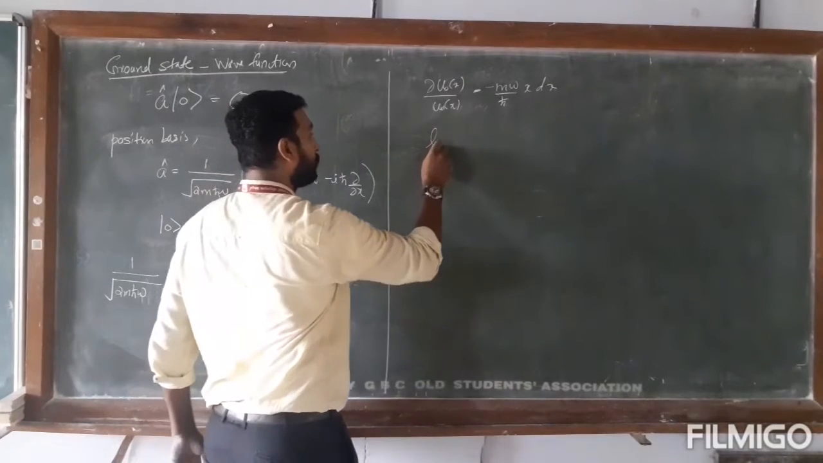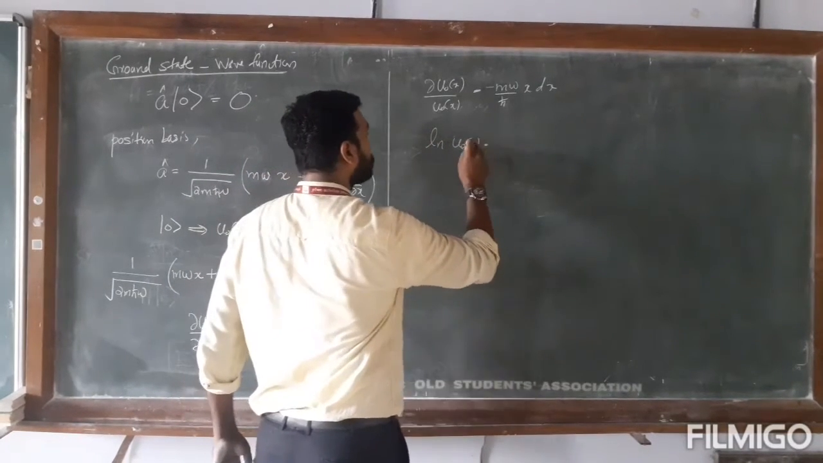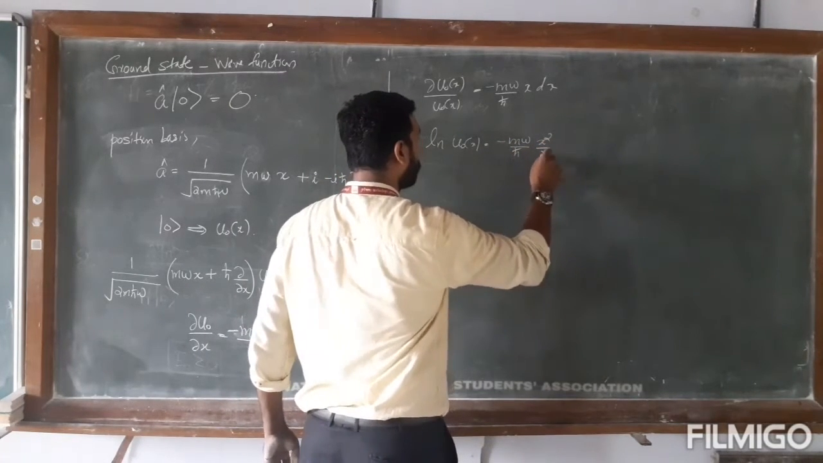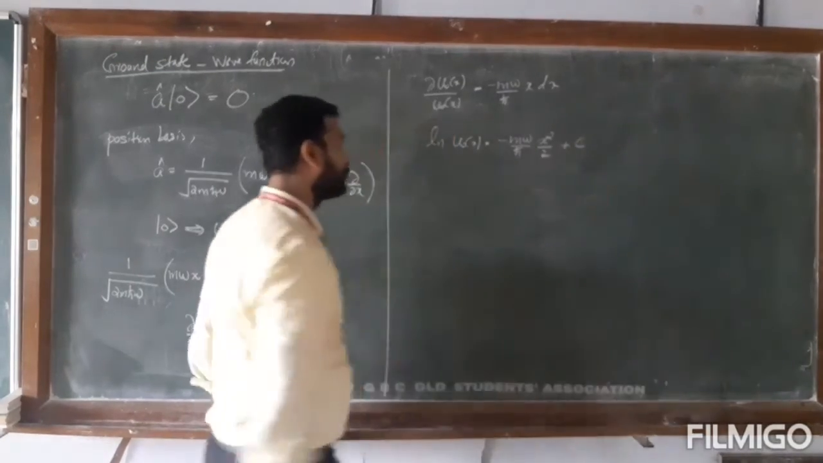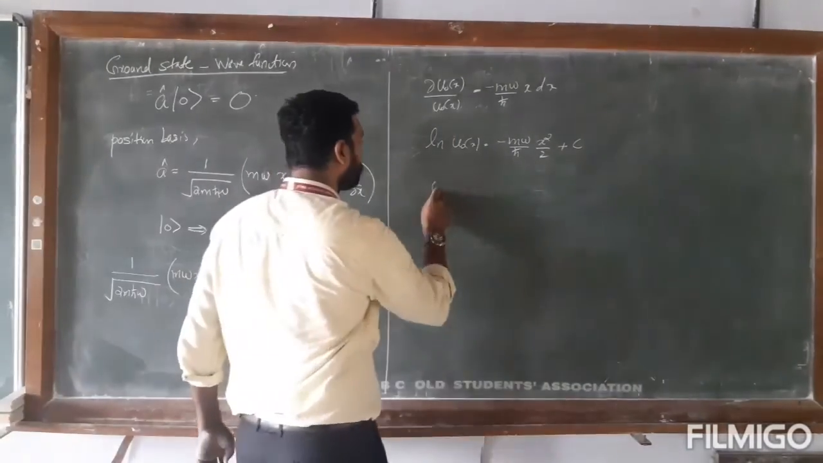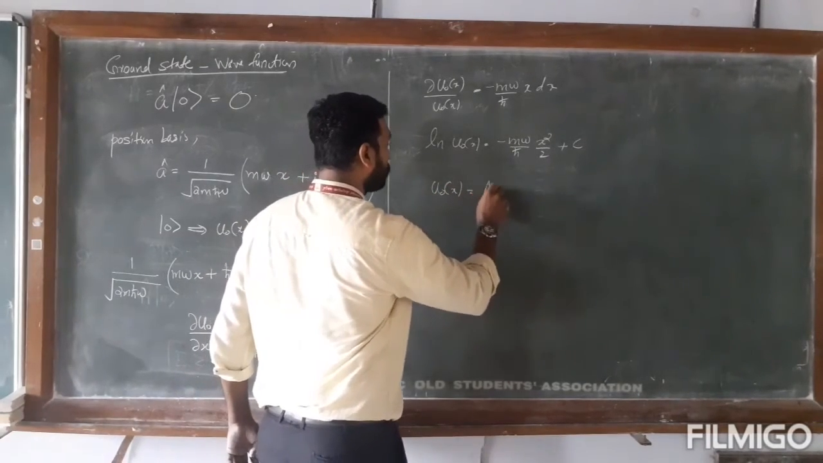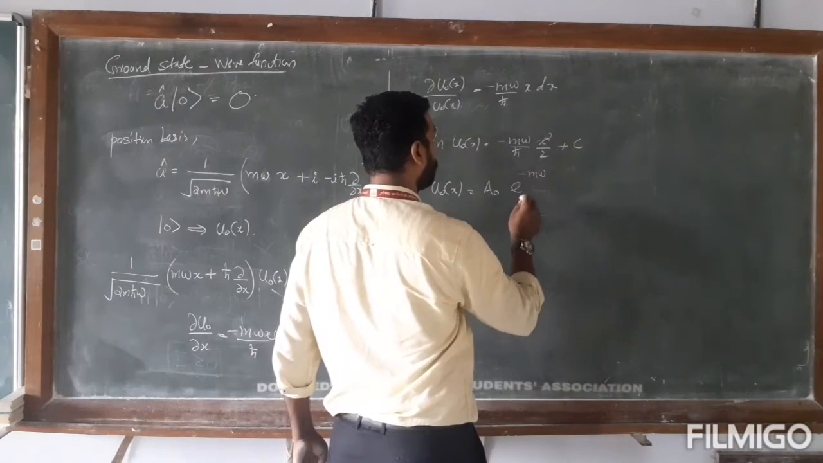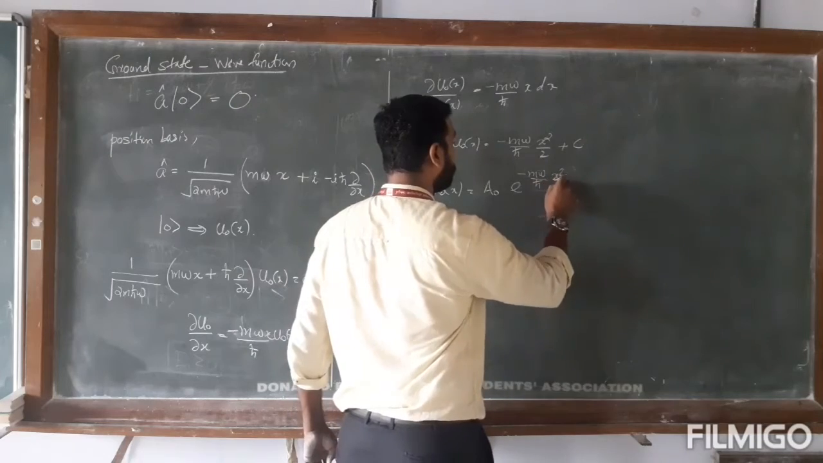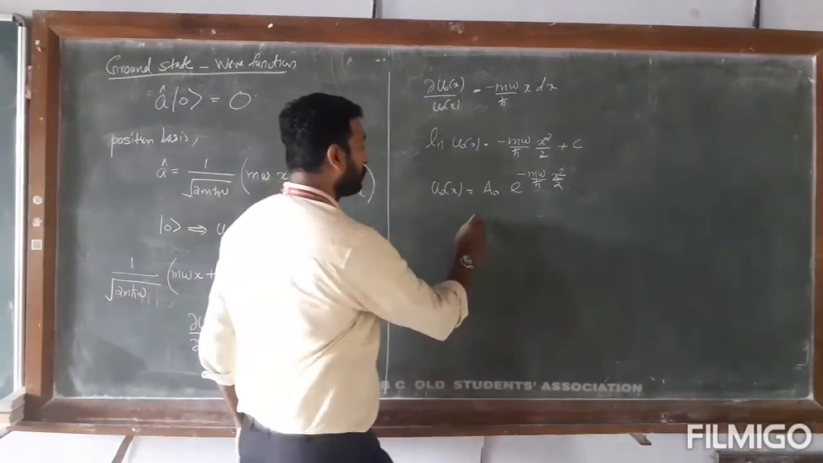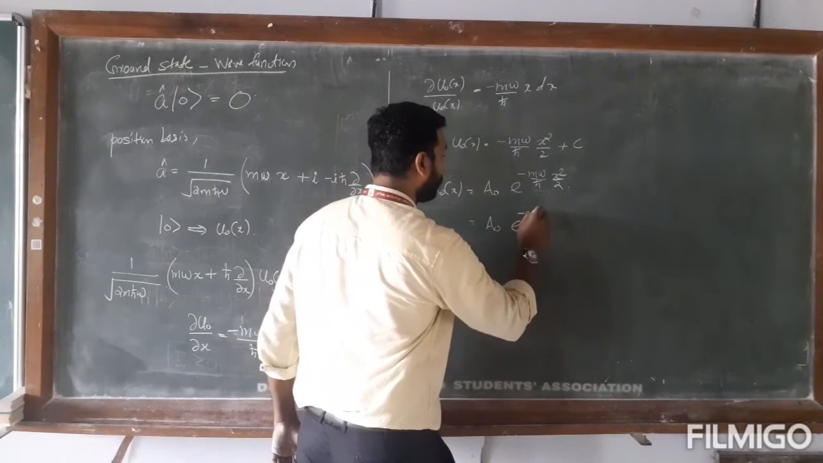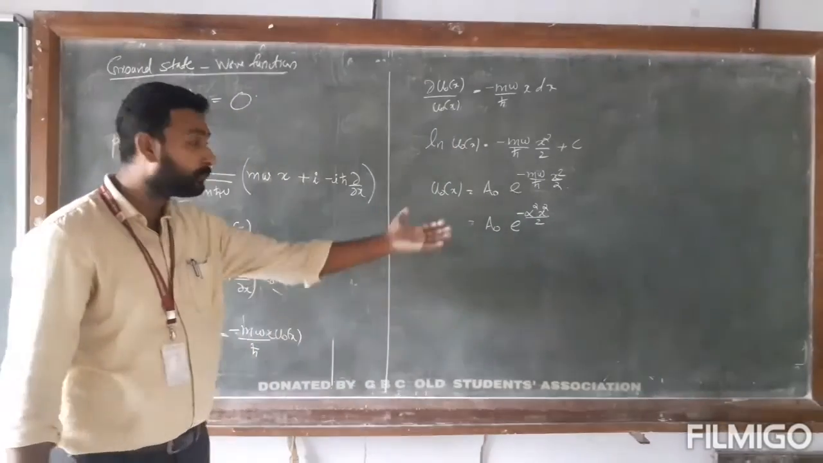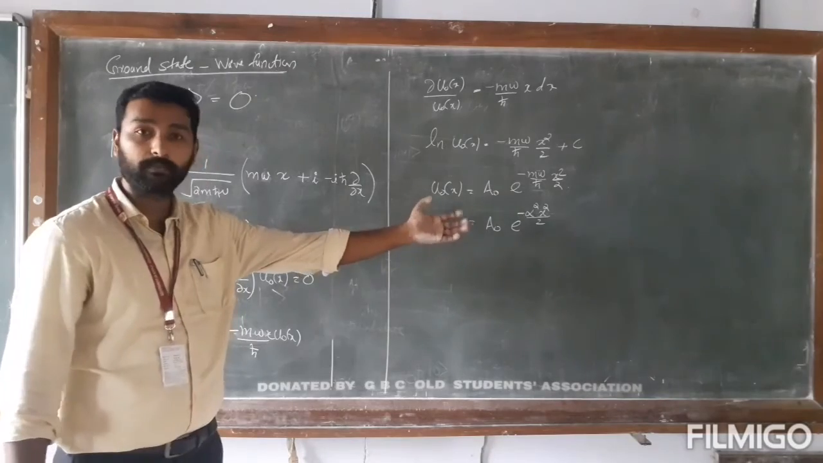Integrate it. So if you integrate, log u0 of x would be minus mω by ħ x squared by 2 plus some integration constant, and u0 of x can be some constant a0 e raised to minus mω by ħ x squared by 2, or a0 e raised to minus alpha squared x squared. So that is u0 of x, and now this u0 of x is the same form that we have got